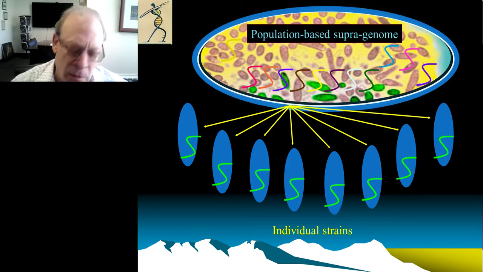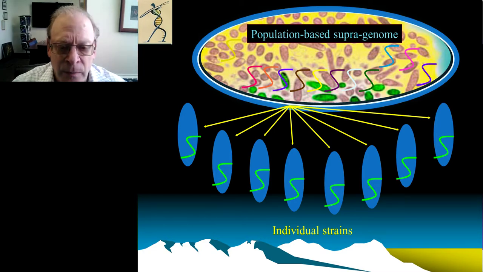So you can see that all strains are made up of a core genome and a distributed genome, or an accessory genome. And if one of these strains dies, the DNA goes back into the matrix of the biofilm